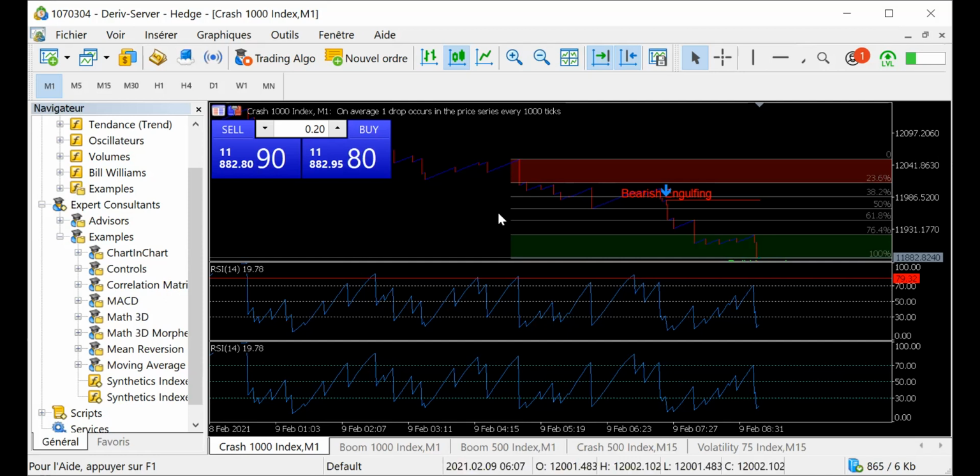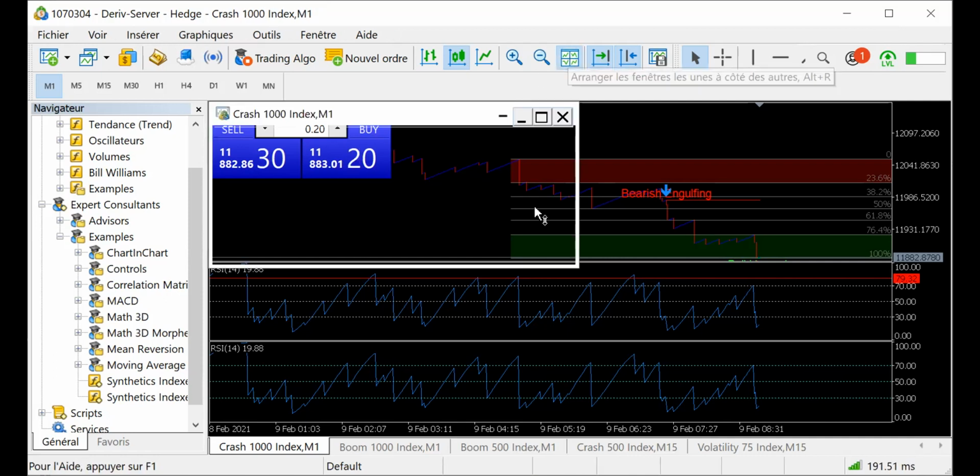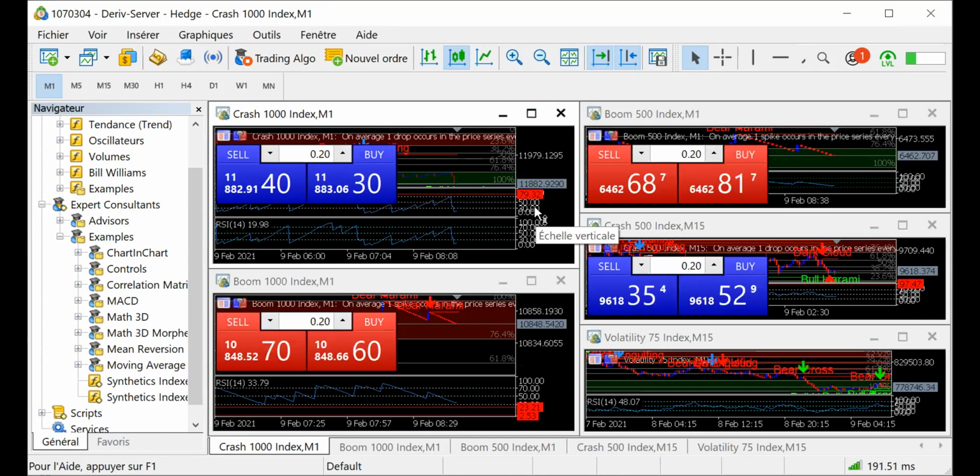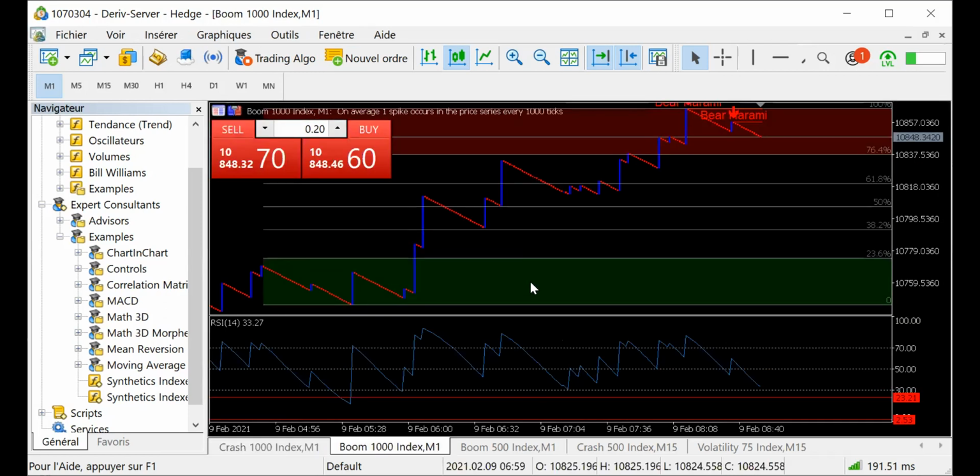But don't forget, today we have other materials which can help us to trade synthetic indices successfully, especially artificial intelligence. Here we can see one of our robots. It shows you when to go on the market, when to leave the market, and so on and so forth.